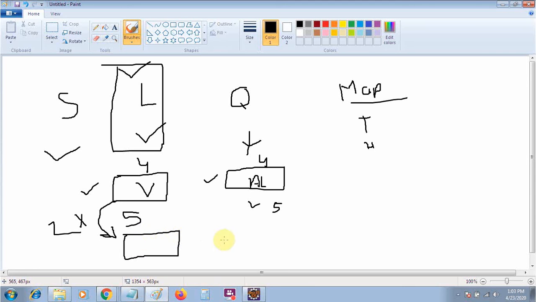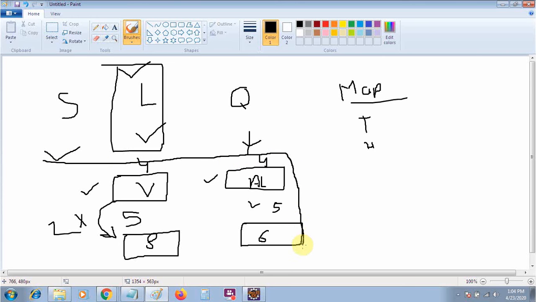But array list will not do it like this. Whenever we insert the fifth element in the array list, it will increase its size by half. Suppose the initial size was 4. When I try to enter a value beyond 4, the size of the vector will become 8, and the size of the array list will become 6. Always remember this. This is the main difference between the vector and array list.